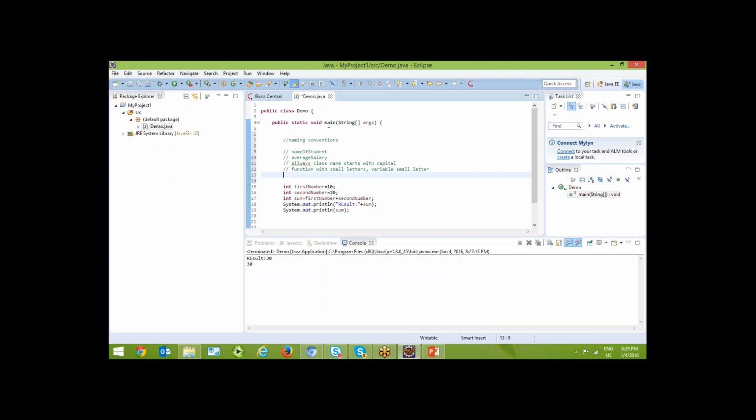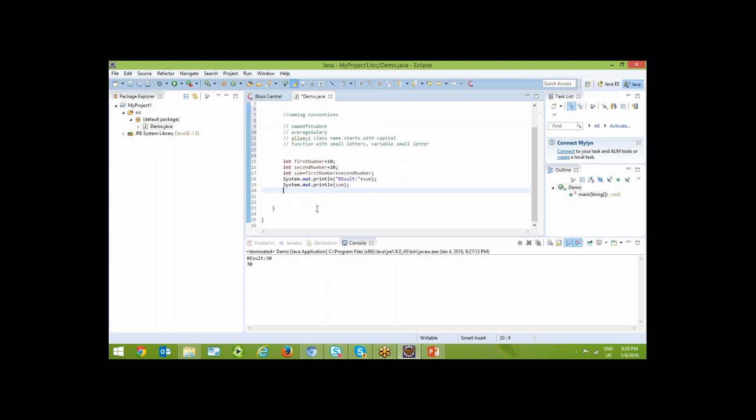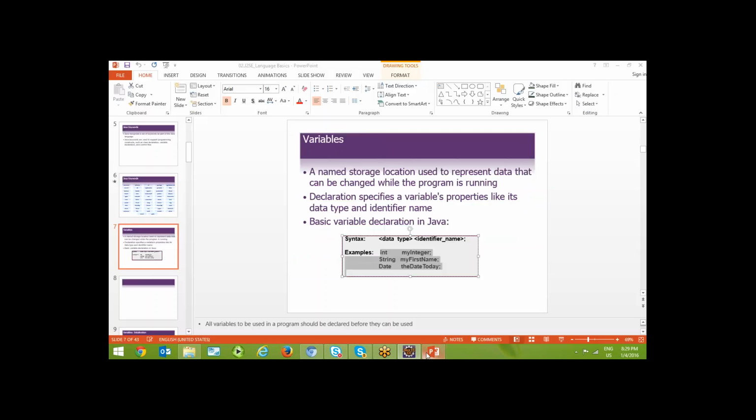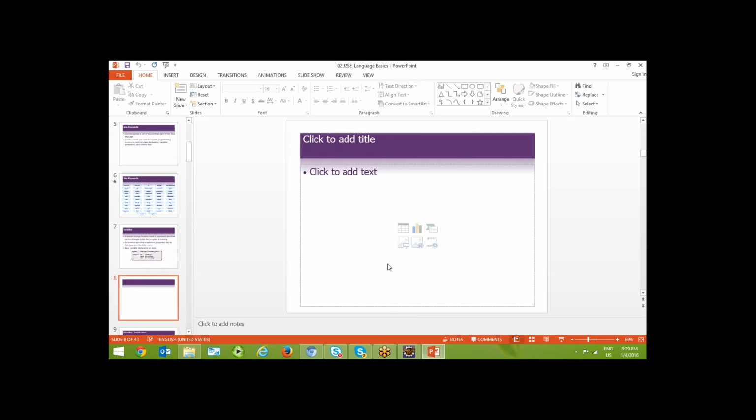For example, if I write some function here to do some logic, that should start with small. But when you write a class, it should start with a capital letter. That is the coding convention. Even if you give demo with a small letter, it's okay, fine, it will run. But the thing is, it is not a standard. This is a simple thing you have to observe when you select your variable names.